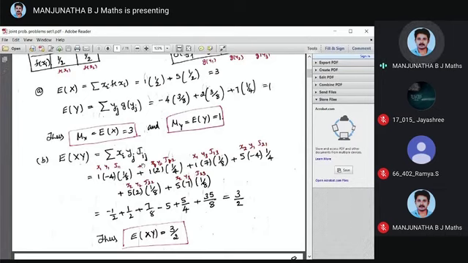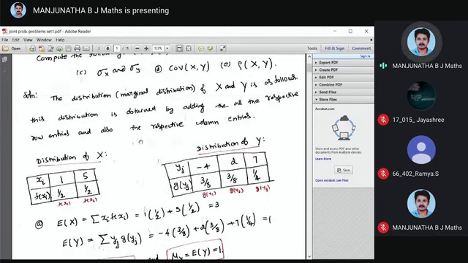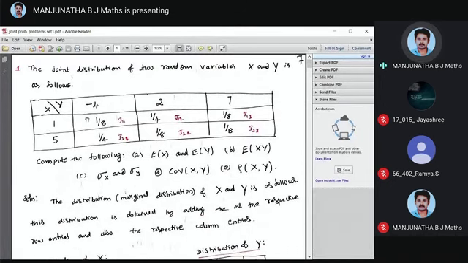So then, how do you write this? See, the easy way is, instead of writing the distribution functions of x and y, go back to this joint probability table. You come to x1, you multiply x1 with each yj and take the corresponding joint probability. That means x1 is 1: 1 into minus 4 into 1 by 8 plus 1 into 2 into 1 by 4 plus 1 into 7 into 1 by 8, completed. Plus next x2: 5 into minus 4 into corresponding probability 1 by 4, 5 into 2 into 1 by 8, 5 into 7 into 1 by 8. If you see the joint probability table, you can easily write.